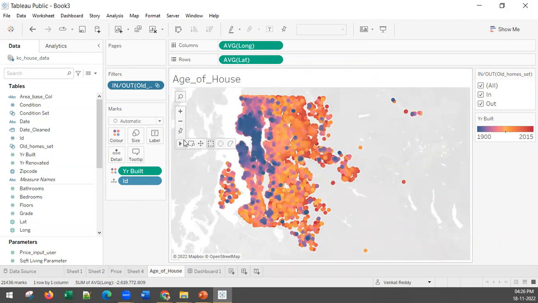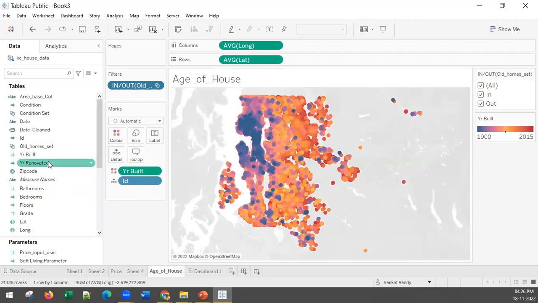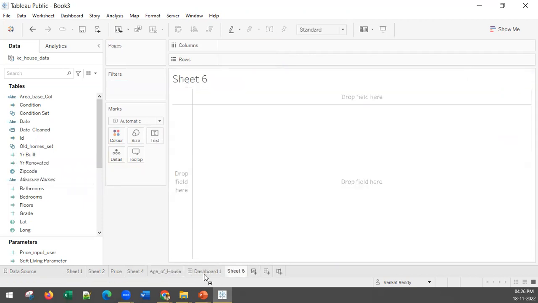We have discussed creating groups. We have discussed creating sets. The other one is creating bins. Actually, creating bins also we have already seen, but let us do a quick recap of that. Let's take one variable, number of bathrooms. If I directly create an analysis around number of bathrooms,